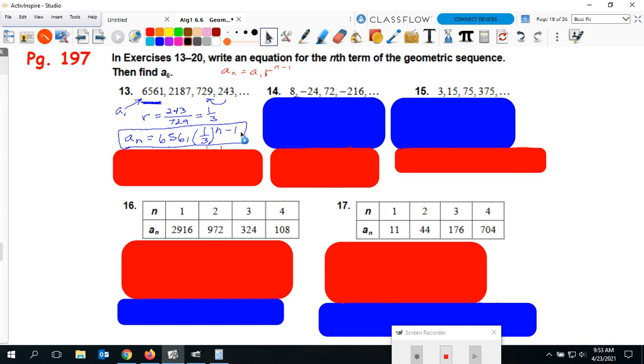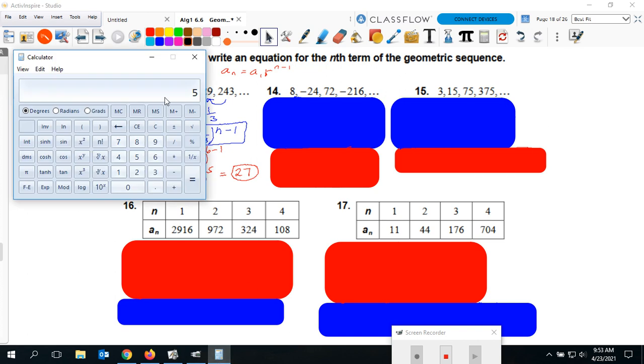Right now we're just going to put the n minus 1 here because we don't have to put an n until we have to find the sixth term on the next part here, which we're going to do under here. So if we put 6 inside of here for n, 6 minus 1 is just going to be 5. And so now what we need to do is 1/3 to the 5th power and then times it by 65,